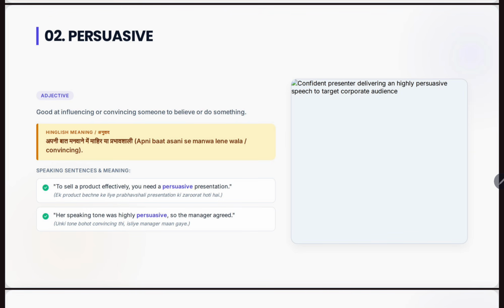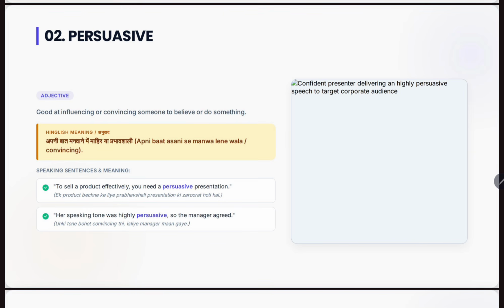For example, you are taking money from your father, from your mother, and you are persuading your parents. You are acting, persuading your parents, please give me money. Persuasive means influencing. You are convincing your parents, please give me money, and they are ready to give you money. So this is a very important quality of a person.